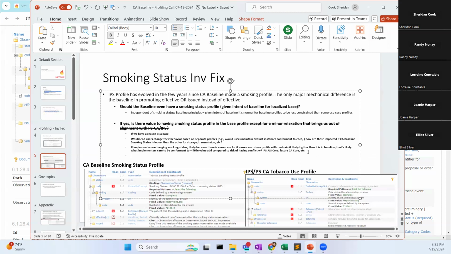But what I mean is, comparing to what? What are we using as our baseline? What is it derived from? It would be the international one, right? And if that one has a tobacco use profile and we've constrained that, then that would make sense. But if it doesn't, then it probably doesn't belong here, because we're not making any changes. So there's no reason for it to be different from the original underlying level, we're constraining observation, right? So, international, okay, smoking status profile.